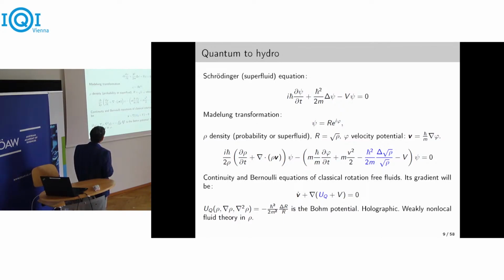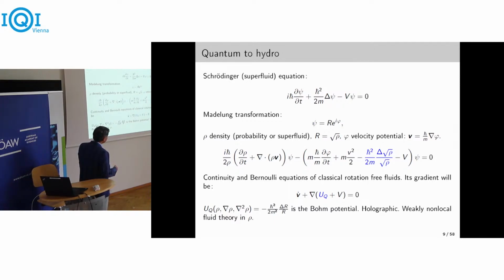And if you separate the imaginary and real parts, then you can realize that one of them, the imaginary part, is actually a continuity equation. Rho is the probability density here, and the other part is actually a Bernoulli equation